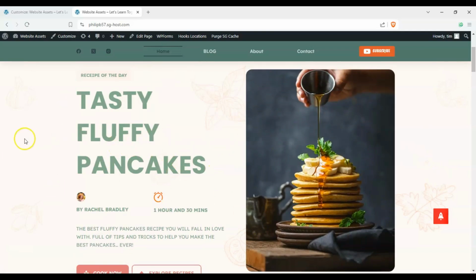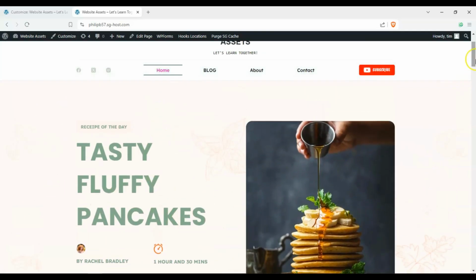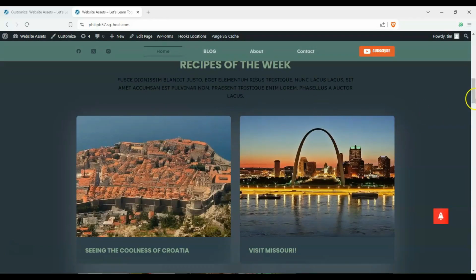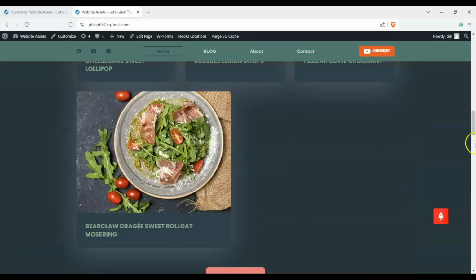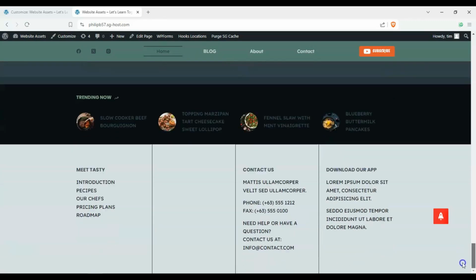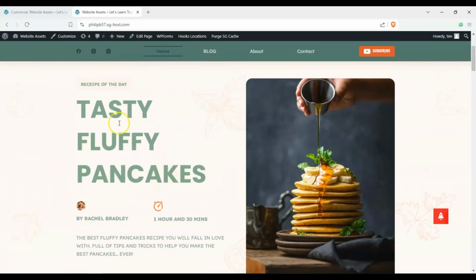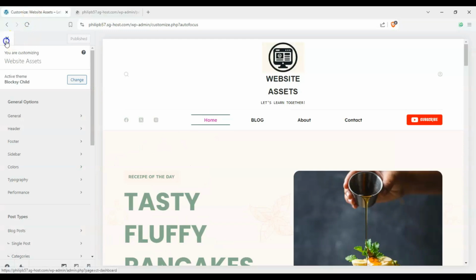This isn't part of the global options. This is a separate page. This is your home page, and it just gets the elements from your blog and other content areas. Okay, so in order to remove this and change it to your own stuff, let's click on Edit Page here, or we can go to our